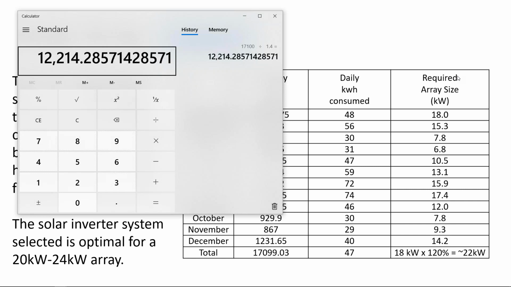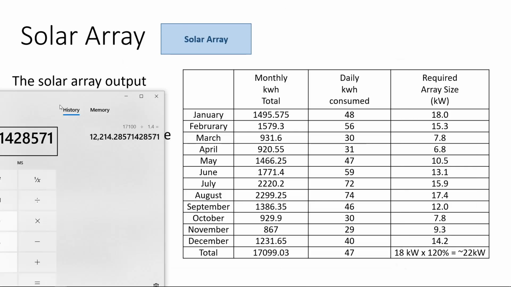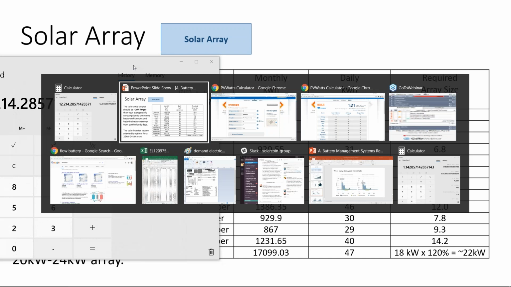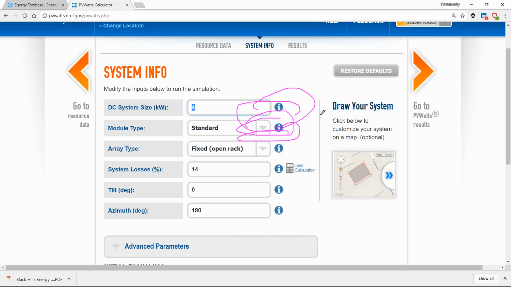If I was trying to zero out his electric bill under an unlimited net metering policy, I'd say, okay, well, you need about a 12 kilowatt solar array to accommodate your needs. But the problem is that's for annual. What I'm really looking for is that every single month his monthly electric use is zeroed out. And so what I can see is, based off my PV Watts estimate,